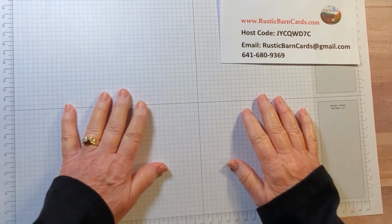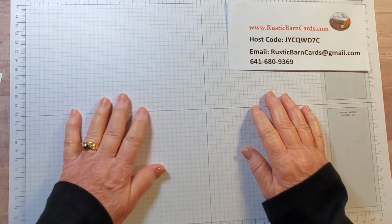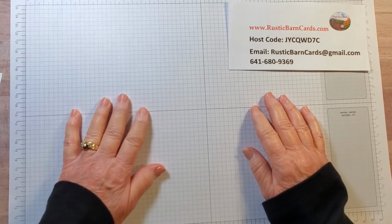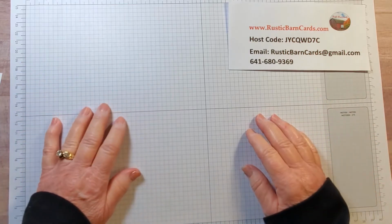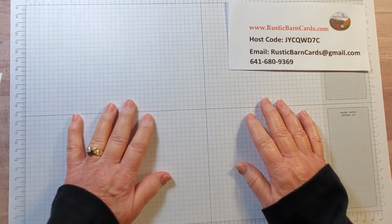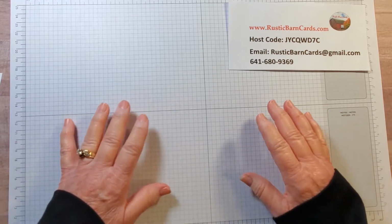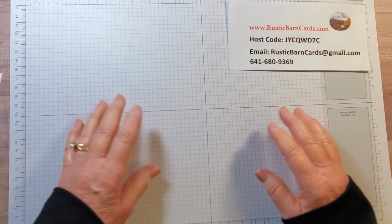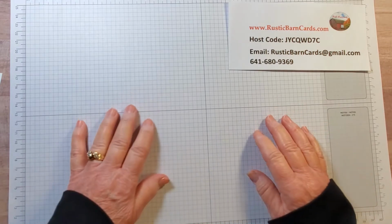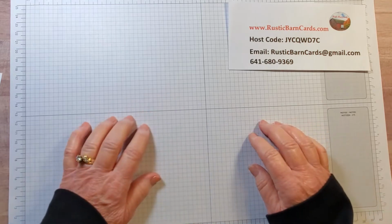So today I have a fun fold, quick and easy. It's called a buckle fold, and I'm going to be using soft succulent. I was going to use the designer series paper, gingerbread and peppermint, but it is sold out. So I want to use a current product. So if you like this, you might want to order some designer series paper. So we're going to use cardstock, designer series paper, and soft succulent. Before we start on our buckle fun fold,